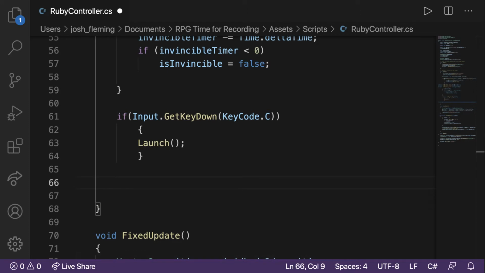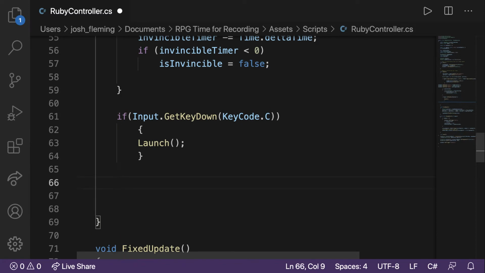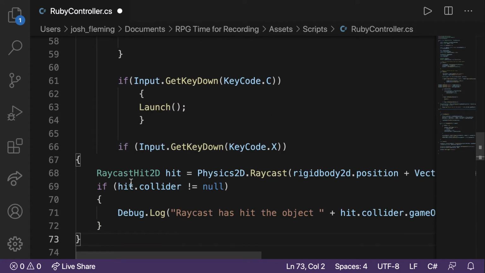So, I'm going to grab this from the text instructions. Okay, so I just pasted that in. This is pretty simple. If key presses X. Now this is where things get a little bit interesting. Okay, so if we press the X button,